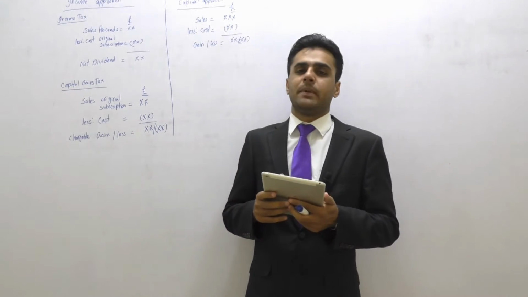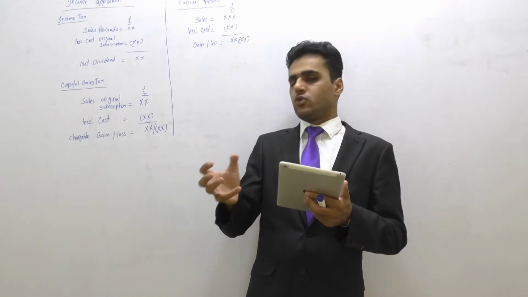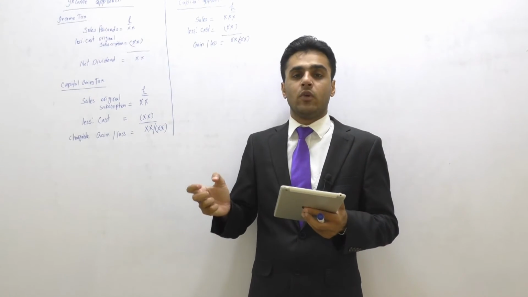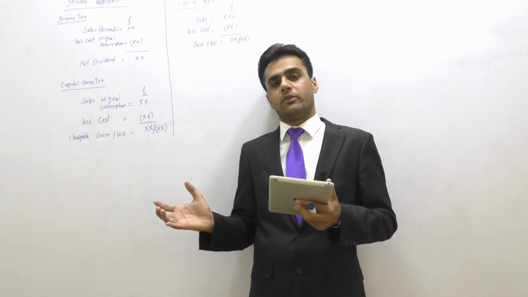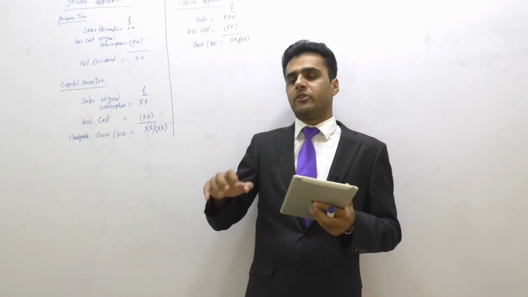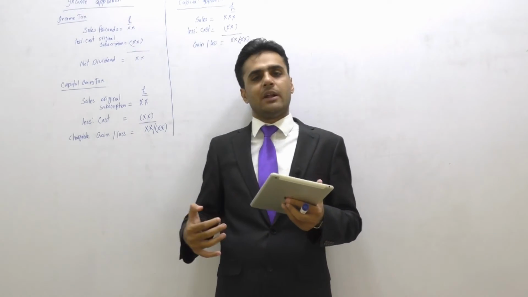Say for example, if the company had total shares of 40,000 and is buying back 2,000 shares, then the total shareholding after buying back would be 38,000, not 40,000. Please remember that. Whenever the company buys back its own shares, that shareholding will be cancelled, because the company cannot pay the dividend to themselves.